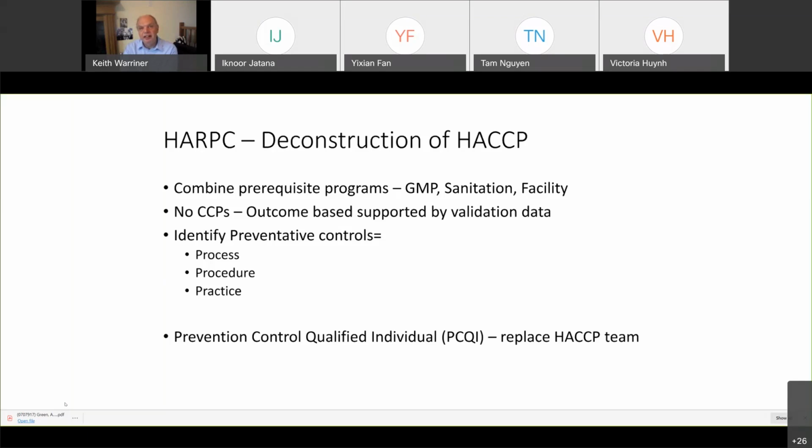ready to eat, there's zero tolerance for listeria. So what it's saying there is they're saying to you, you can do anything you like or within reason. And as long as your product at the end of the line has no listeria in, we're good with that. So you don't have this sort of CCPs, you don't have these critical limits, but you do have these preventive controls. And in the US also what you have to do is have what we call a PCQI or a